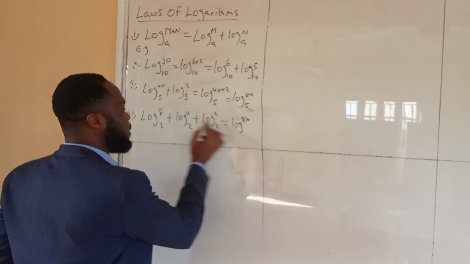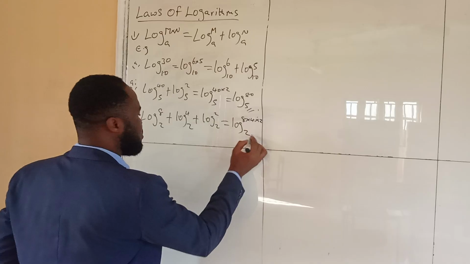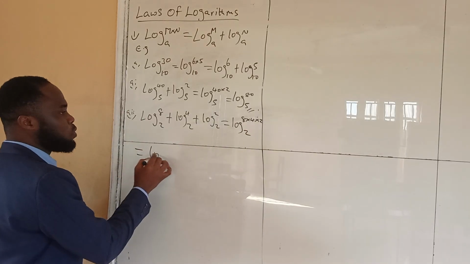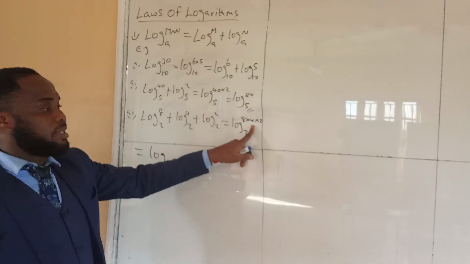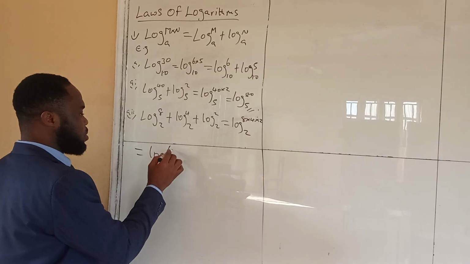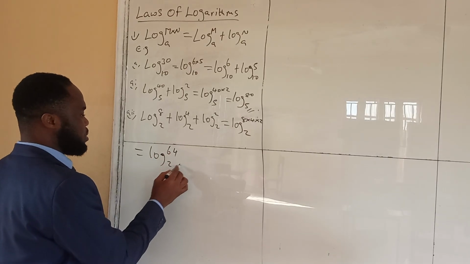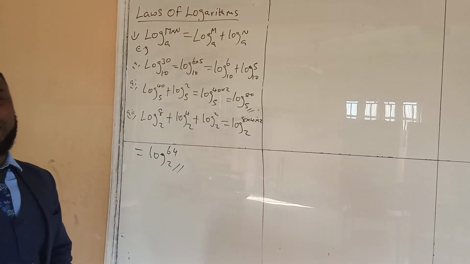So we will have 8 multiplied by 4 multiplied by 2 to the common base 2. And this equals 8 times 4, which is 32. 32 times 2 is 64. So we have 64 to common base 2. Okay? So this is how to apply the first law of